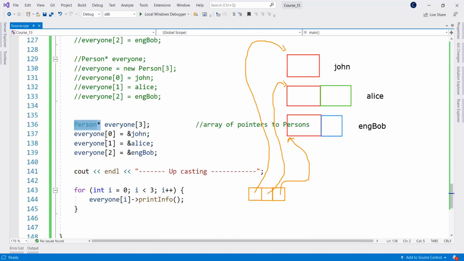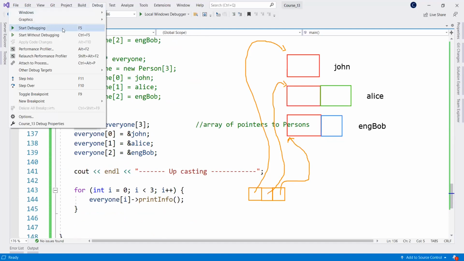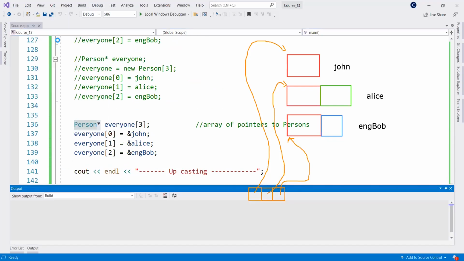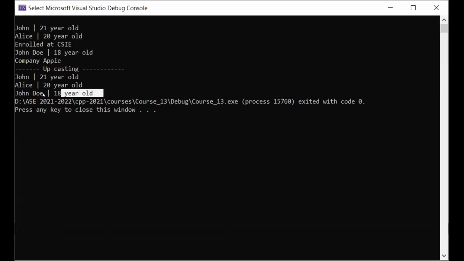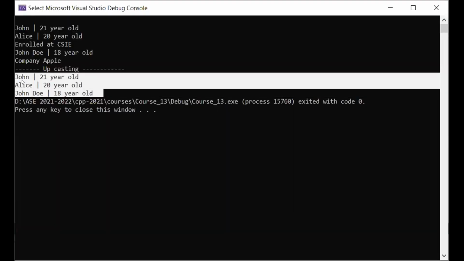So you see, I'm not changing anything here. So let's run this again. Let's clear the drawings. So I will run this again. I will show you the screen again. So you see, we see only print info from the person part. And now I will go